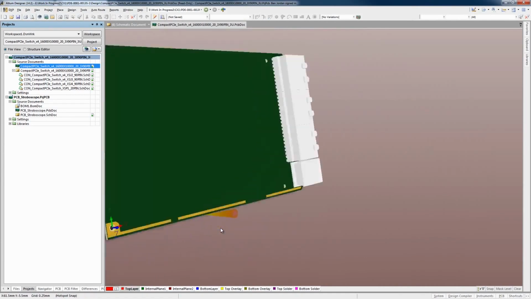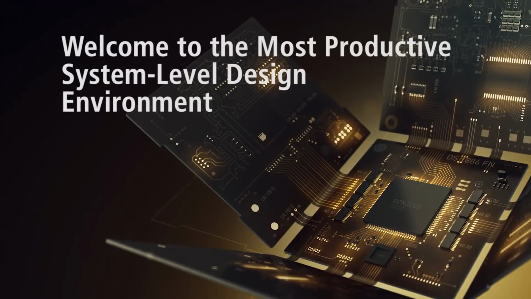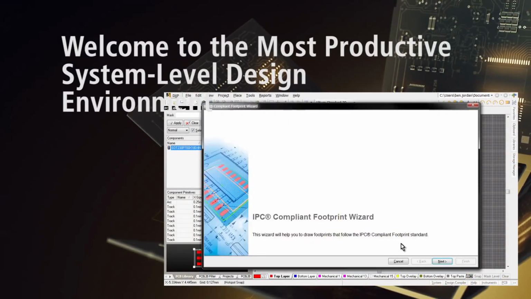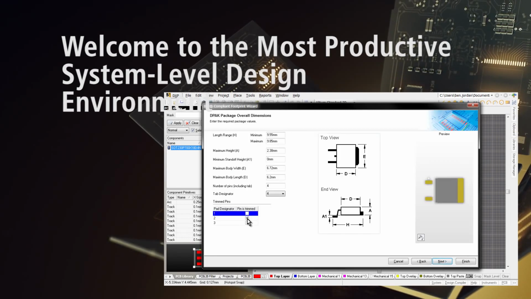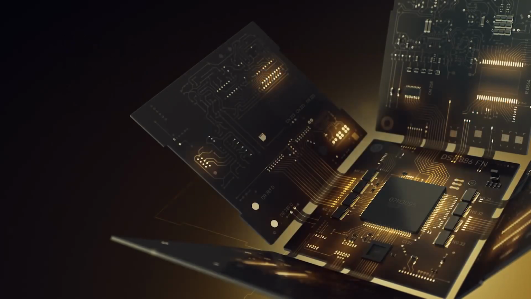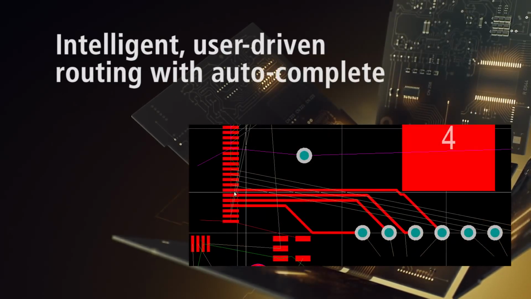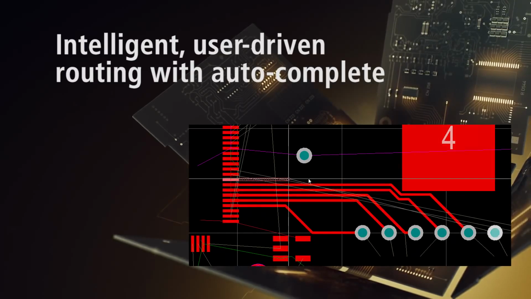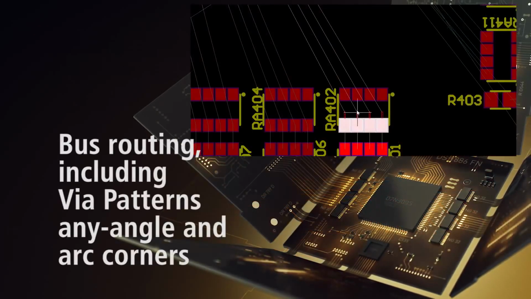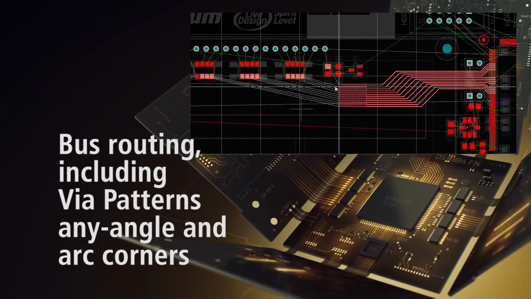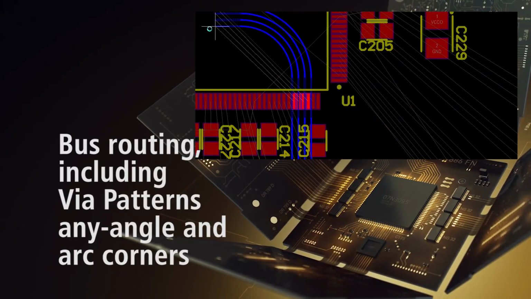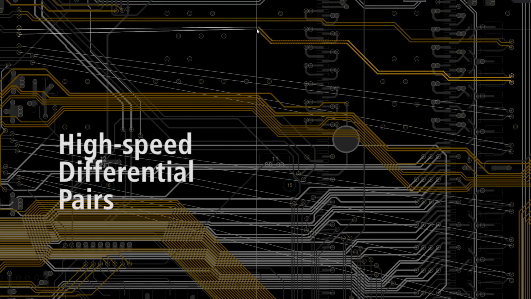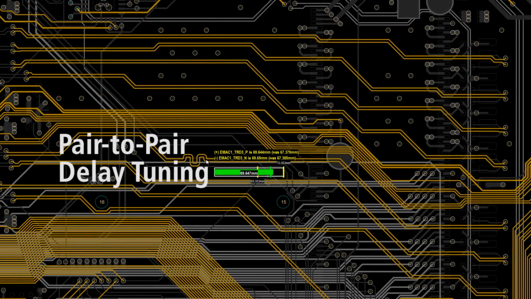Once you're routing the board, Altium Designer's world-class and award-winning PCB editor has everything you need to get the job done accurately and quickly. Altium's goal is to make the best PCB design software available with advanced interactive routing with autocomplete, any angle routing, bus routing including via styles and arced corners, high-speed differential pairs routing, pair-to-pair length and phase tuning,